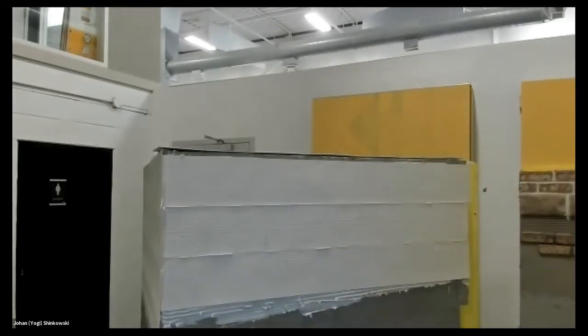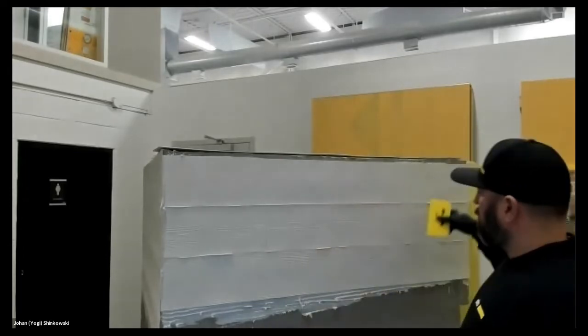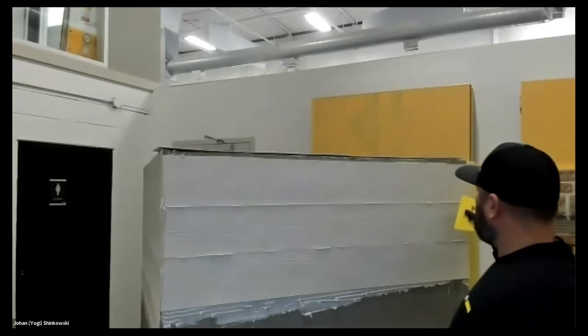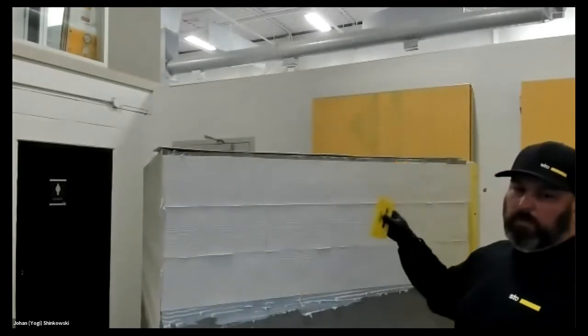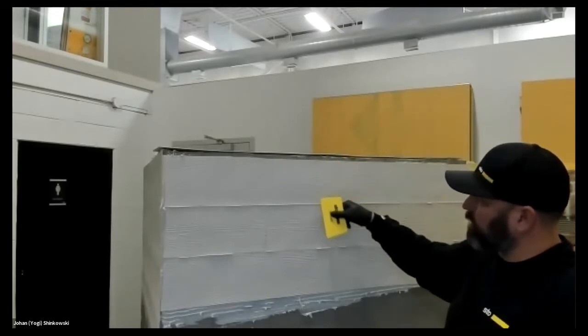So when that's done, I will take a plastic putty knife, a Bondo knife. I wouldn't use metal. And I will push this in, and then I'll clean off these. But the reason why I use a plastic one is if you use metal and you're going along these edges and it does catch one of these knots,